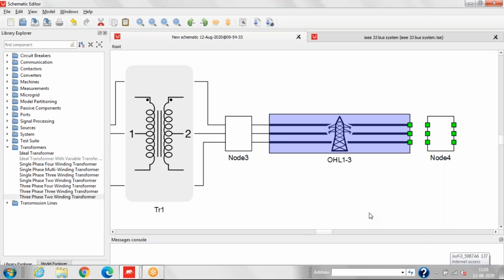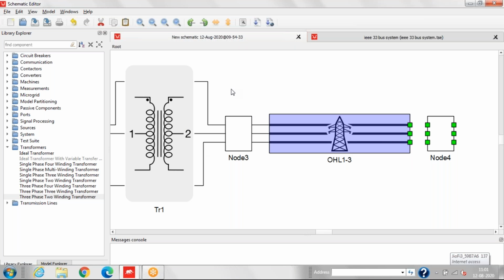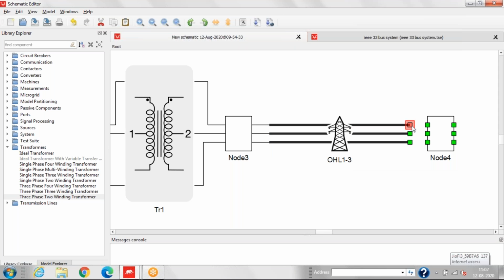If you want, you can do one thing. After the completion of this, you can use this model and change the system parameters. You can change the transformer connection, the overhead line parameters, and the type of the load. Here we'll take a balanced load, but you can take an unbalanced load as well. You can change them and see the behavior of the system. Okay, whatever our requirement, we can change the values. Yes, you can change. Okay, sir, thank you.